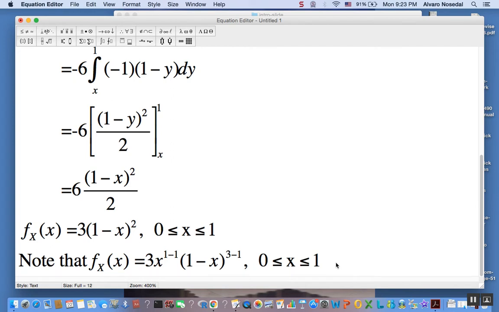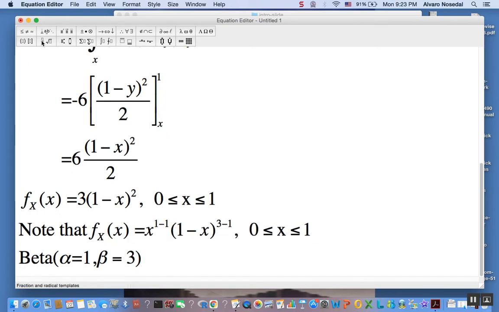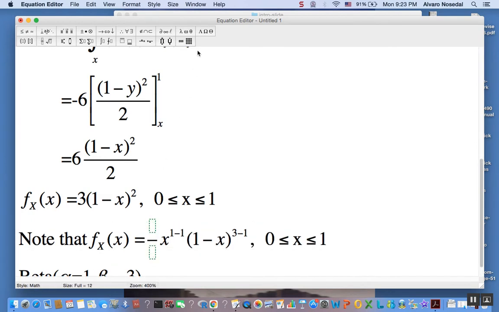So it seems that this guy could be a beta with parameters alpha equals 1 and beta equals 3. So if that was the case, that 3 would need to be, remember that a beta distribution has the gamma function evaluated at alpha plus beta, meaning 1 plus 3, 4,